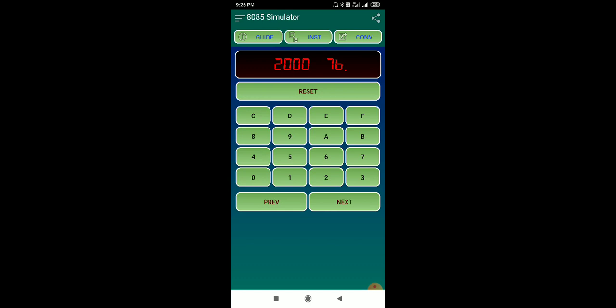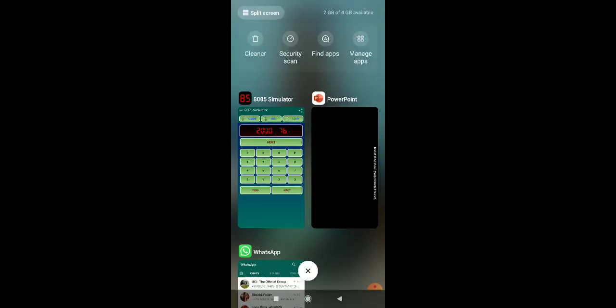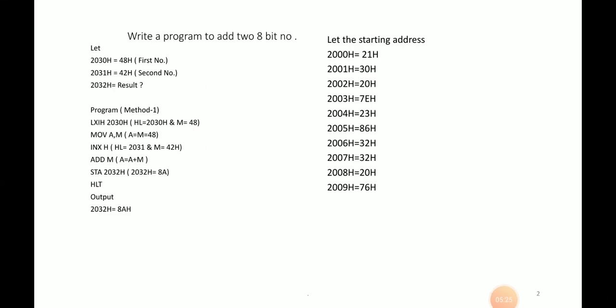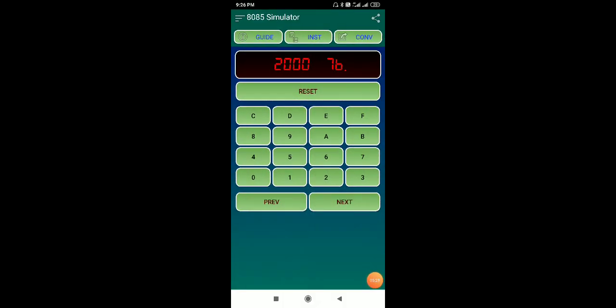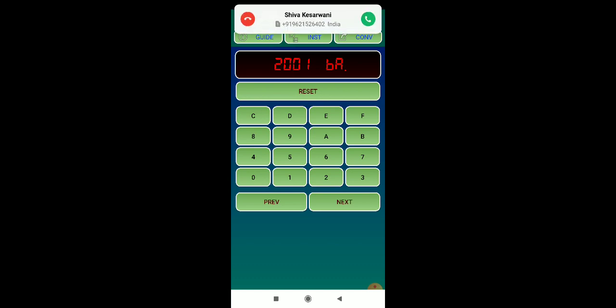Then next, what you wrote previously: first it is 21, so you have to write 21. Next, LXI H 2030.